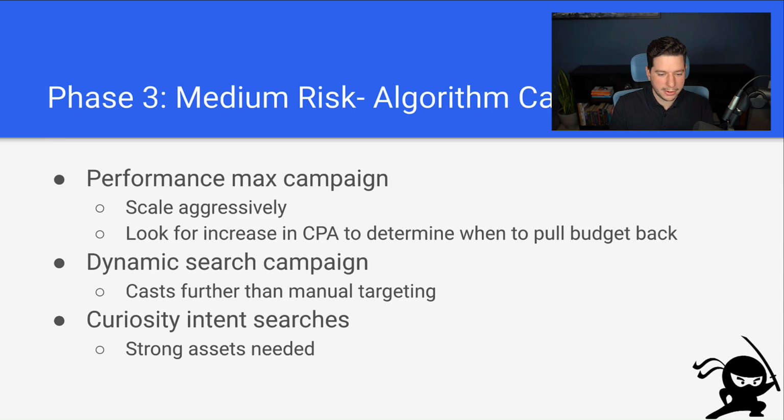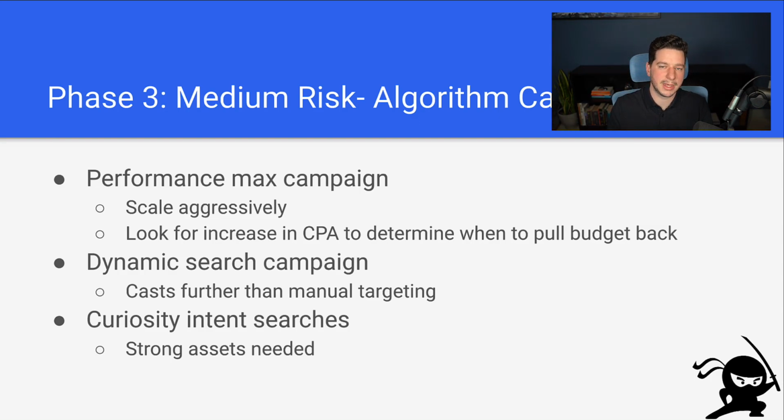And then curiosity intent searches. So this is what I talked about in the beginning. When you're getting people who are at the top of the pyramid, don't really know what they want yet, but are searching for things. Like if you're selling, let's say, headache medicine, maybe your people are searching stuff like, why does my head hurt? How can I make it feel better, right? You're really getting people who don't know the solution yet, and then putting the solution in front of them,